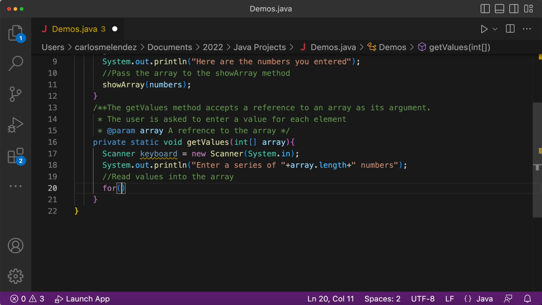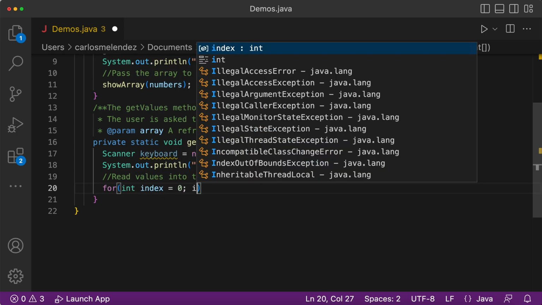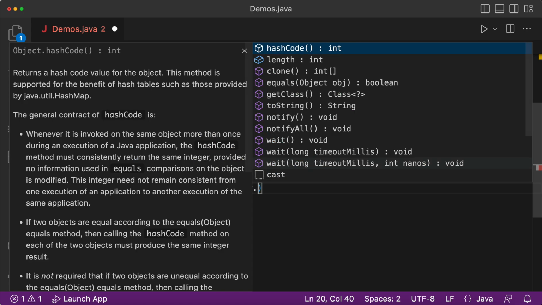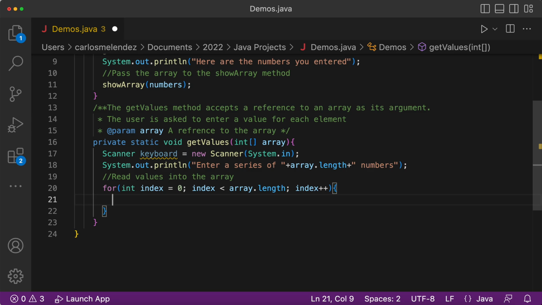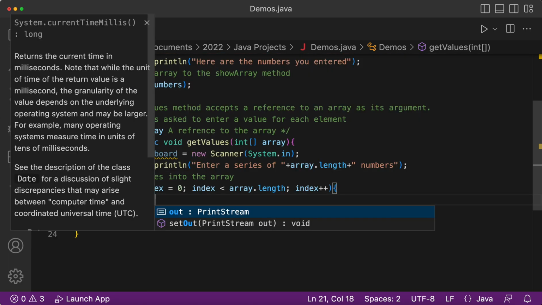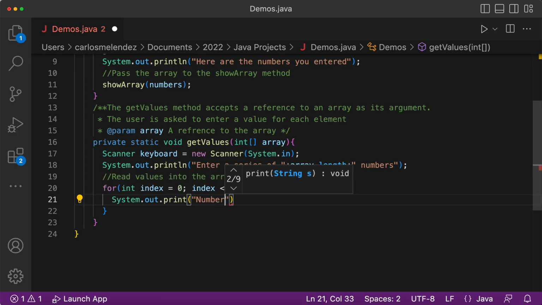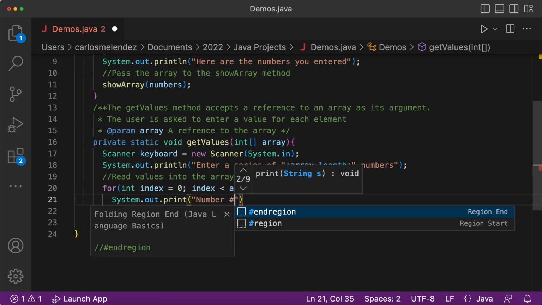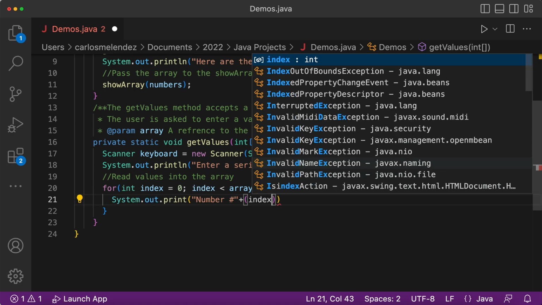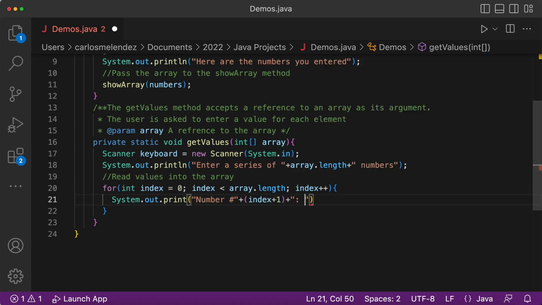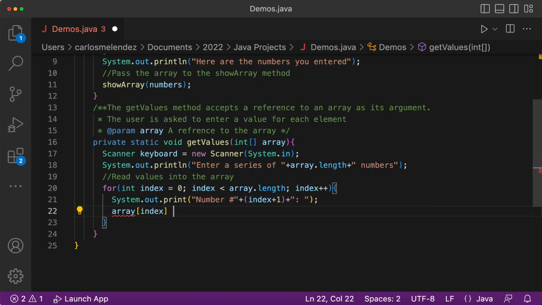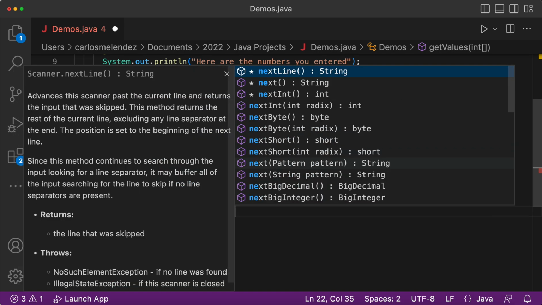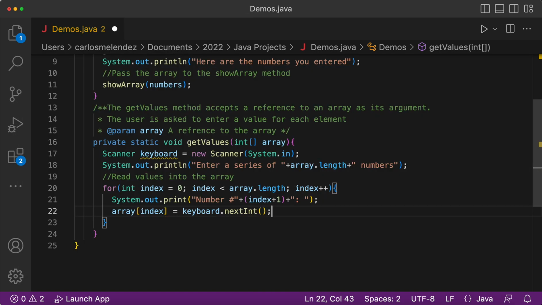So we're going to say for int index equals 0, index is less than array.length, index plus plus, System.out.print number plus index plus 1. And then we just store everything like normal. array sub index equals keyboard.nextInt. And that's the end of